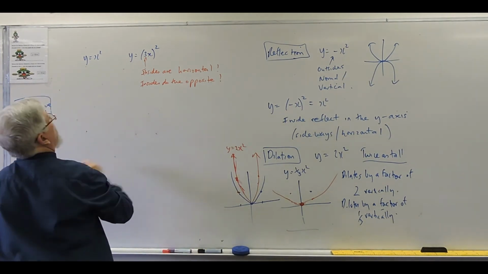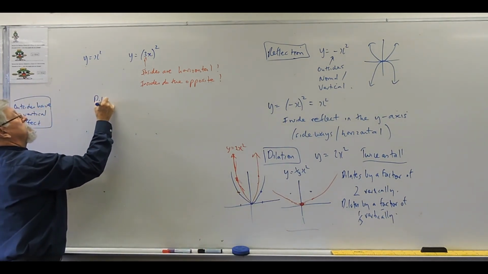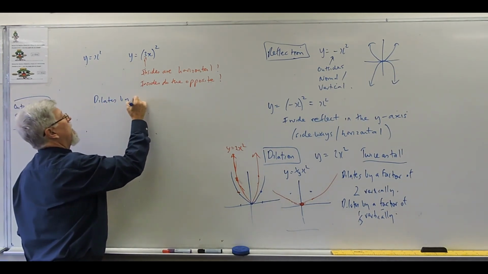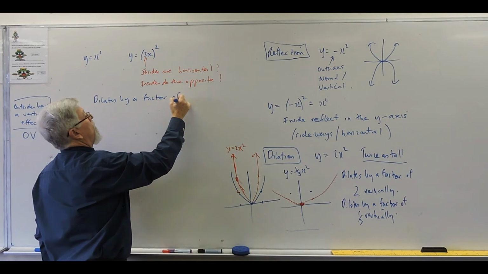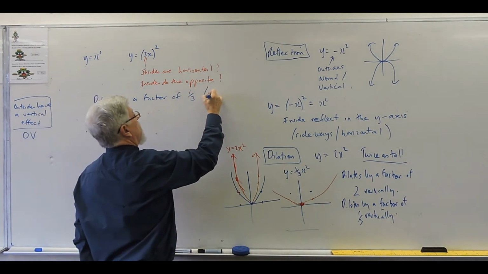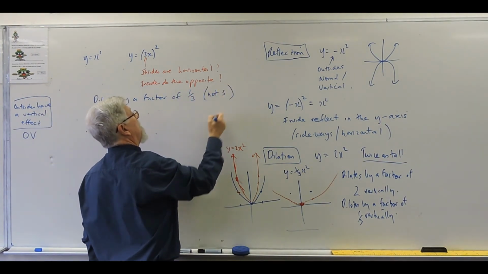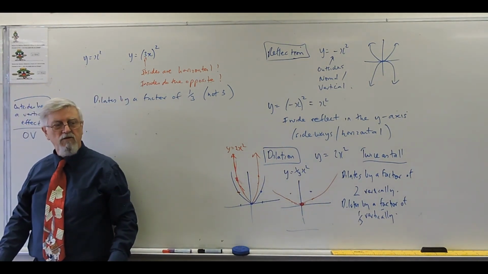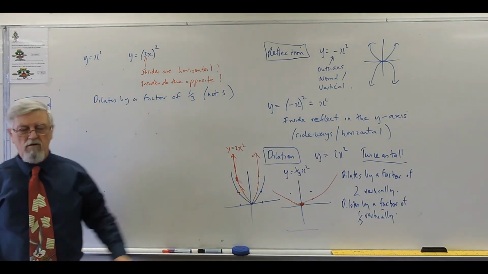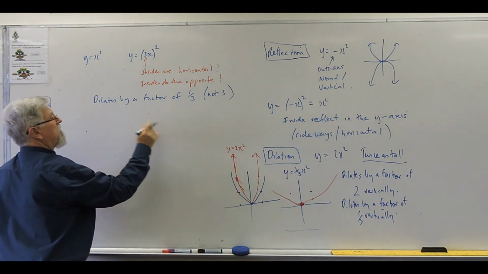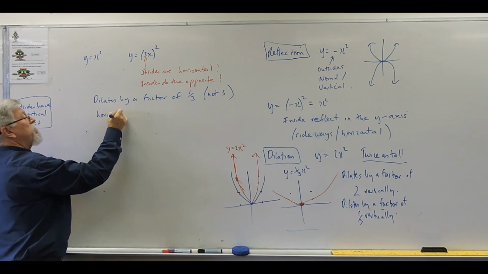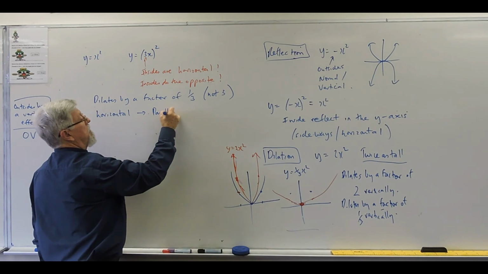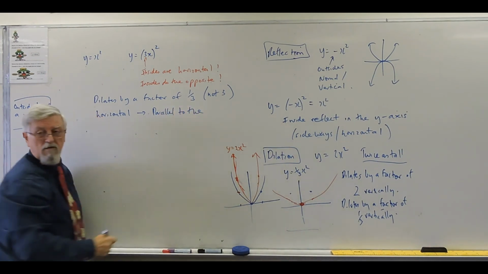So here we go. What have we got? Dilates by a factor of 1/3. Not 3, not 3, not 3. Which way? Outsides are vertical, insides are horizontal. So dilates by a factor of 1/3 horizontally. Now, some people like to say parallel to, which axis? Is that parallel to the x